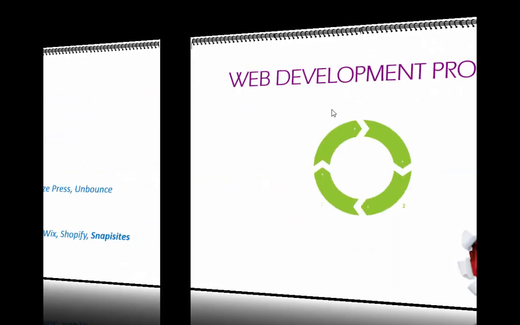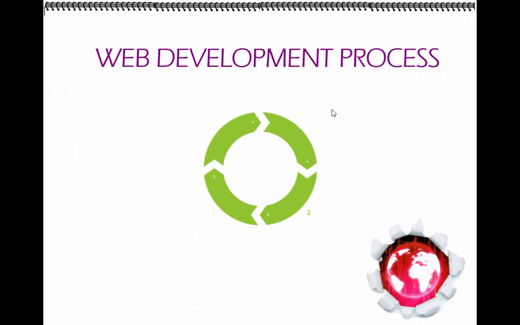So briefly, let's look at the web development process. The process of designing a website is actually for descriptive purposes divided into 4. I said for descriptive purposes. You can actually do all of them concurrently, or you can mix it up. Most of them can also be done together. But for descriptive purposes, it's divided into 4 phases.